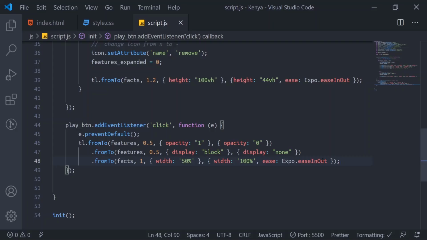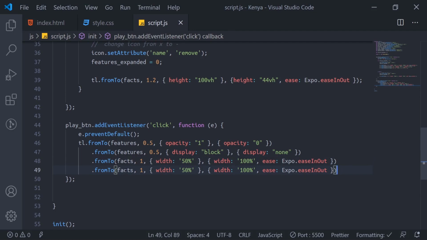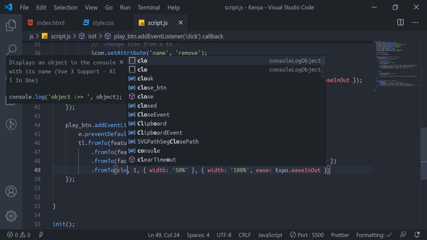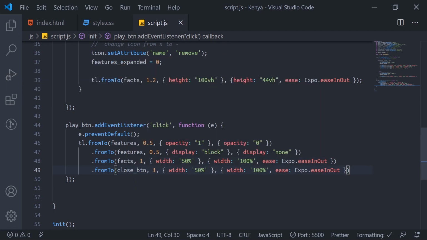So what do I do now? I'll mark my semicolon and we'll see the sheen. So this front one, the next thing with the target now is the close button.